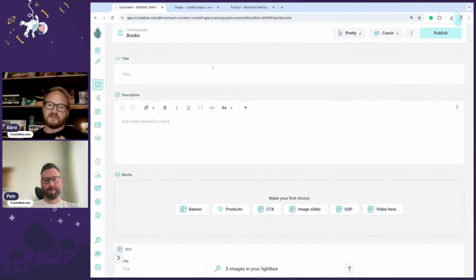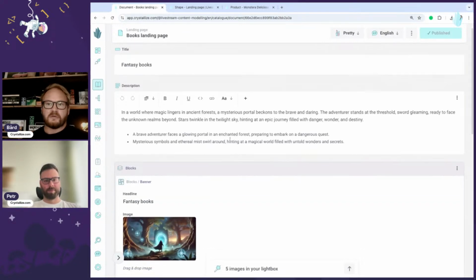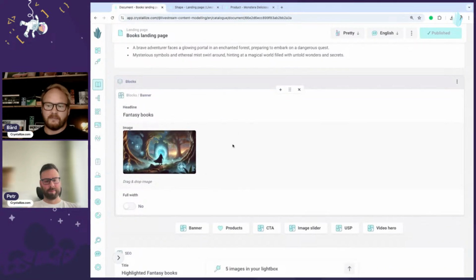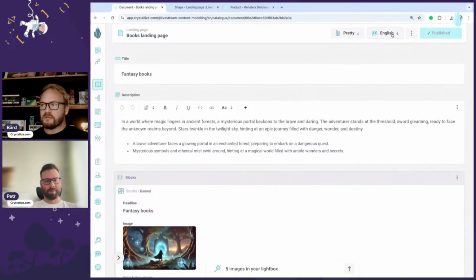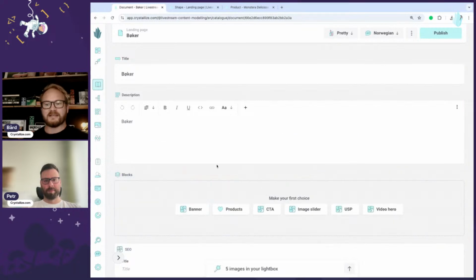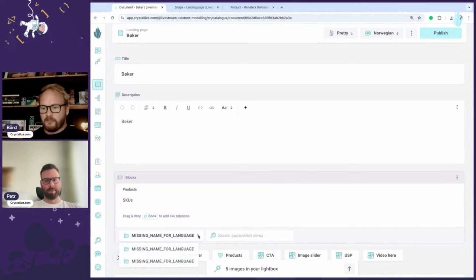Yeah, but notice here that the block section is empty, and that's the point here, because text content is the same. We have chosen that it's translatable, and we can flip between different languages. The blocks here are empty, but on the English, we have a banner. So what I can do is actually flip to the Norwegian, and since we said that the multiple choice component has a localized structure, it means that the content that we place in here, like I can start with a product slider,